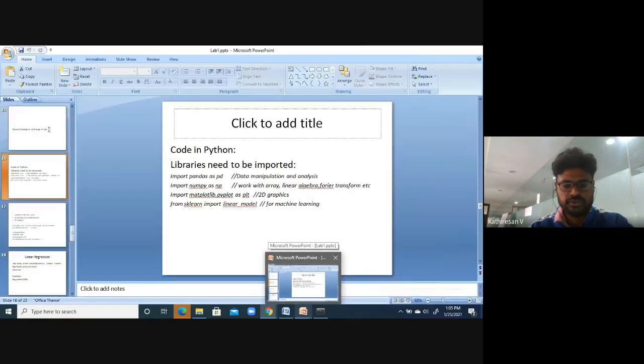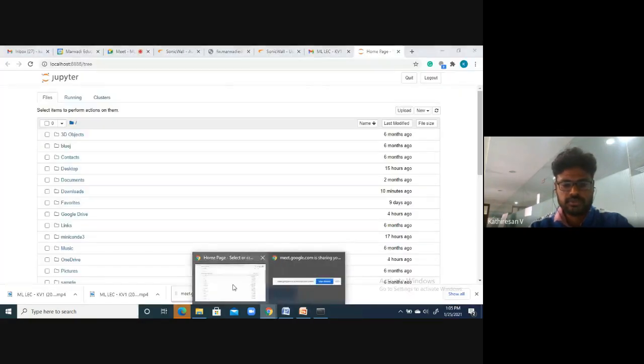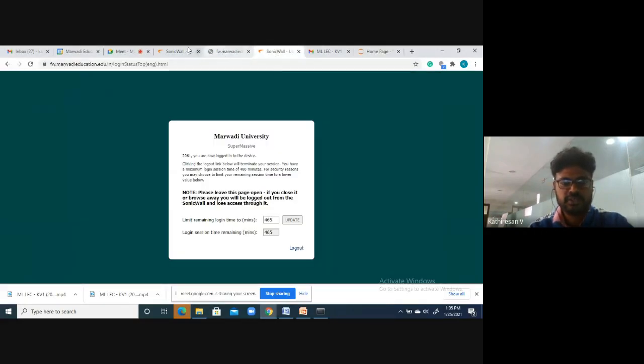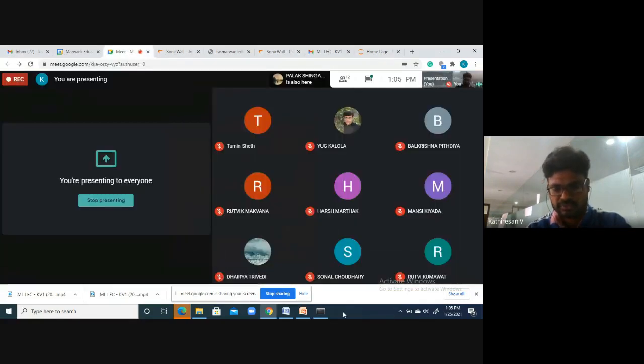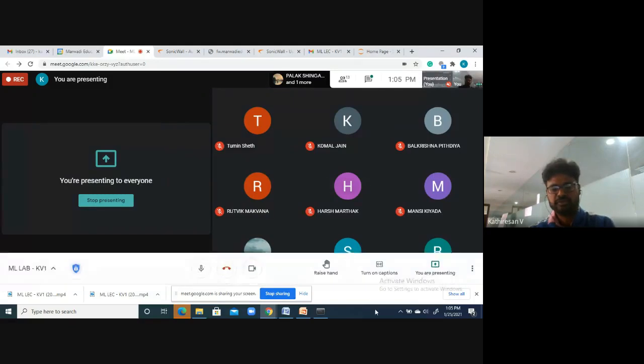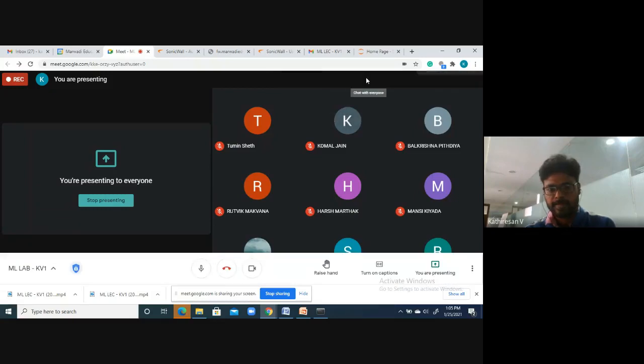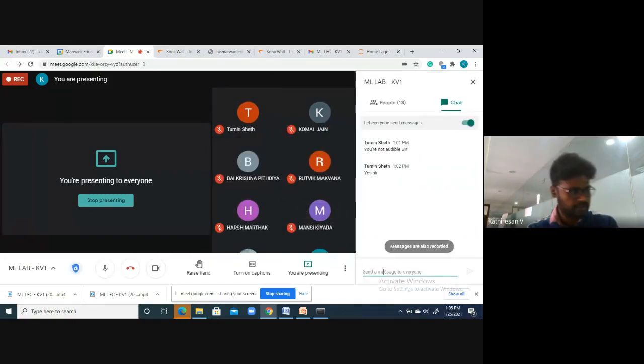So to execute this particular code, to implement this linear regression and to visualize the plot, we have to install these packages. Make sure whether these packages are already available in your machine or not. First, you have to install pandas.